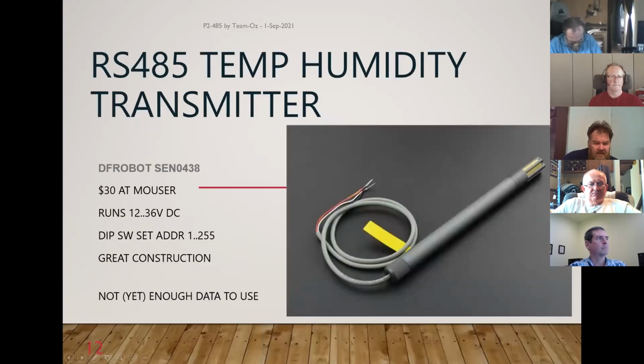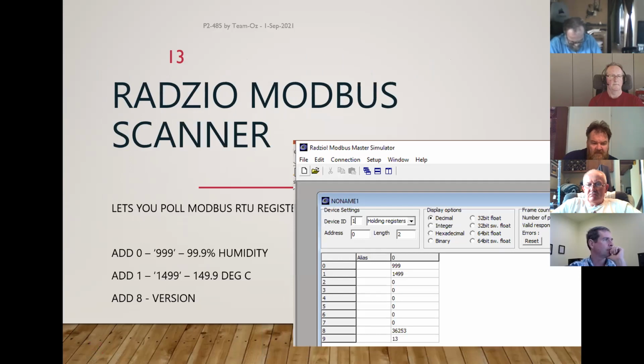So I think we've covered the temperature transmitter there. The only problem I'm having with these, which I guess we'll come back to later, is that there's a lack of data and code on the net to get this thing actually up and running and talking properly. But we're still pushing on that front. Just to get started with this, it's possible to download